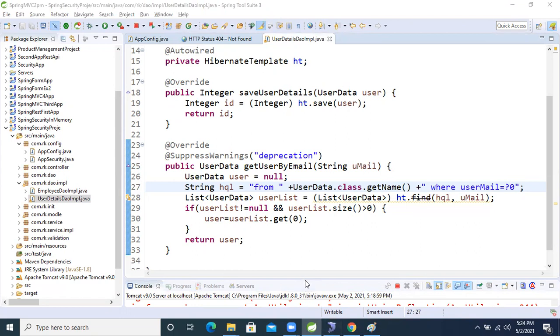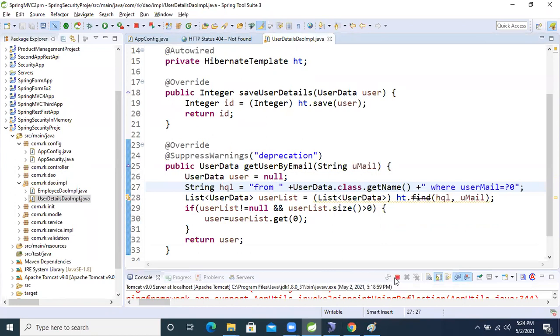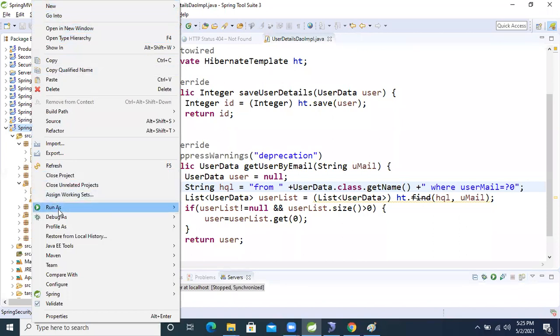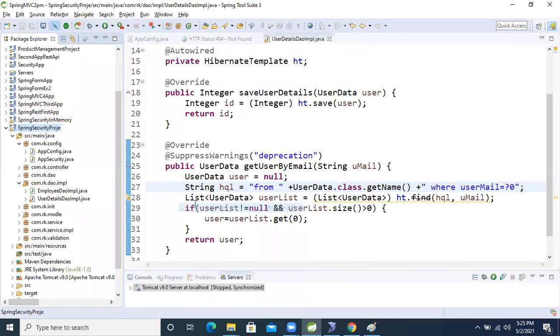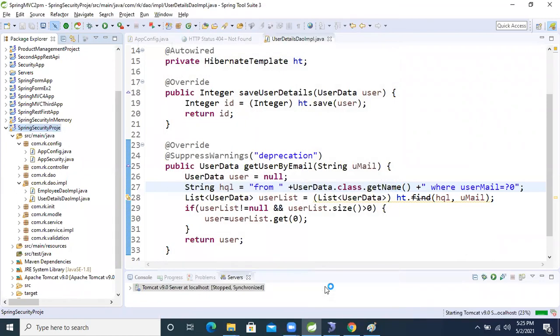Okay, so again, what do we need to do now, guys? Again we need to run the application, right? Okay, let's stop the server. So now let's run the application. I'm stopping the screen again because it will not run.